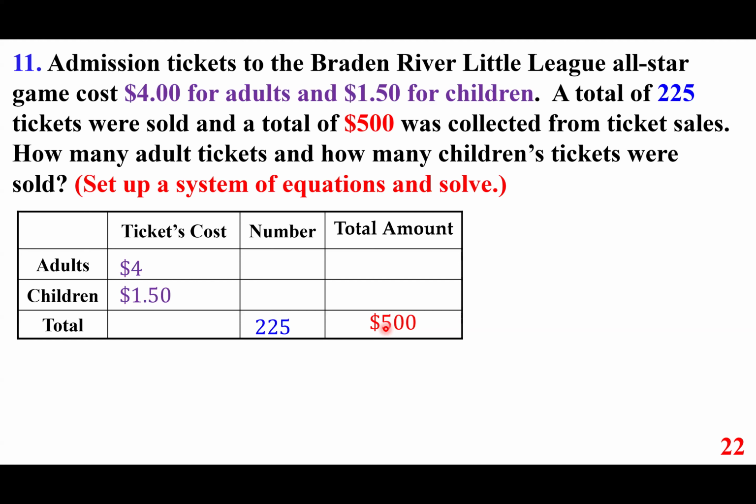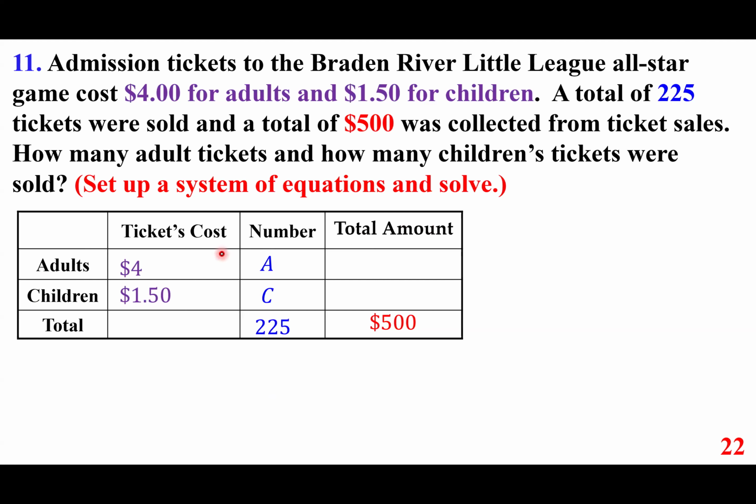So how many adults? I don't know, you can say X and Y, or it's easier to go with the initials. I'm going to go with A, representing the number of adults, C, the number of children. Sometimes it makes it easier if you just go with the initials, everybody, because you clearly will remember how you defined your variable. So in any event, if that is the case, what is the total amount collected from adults